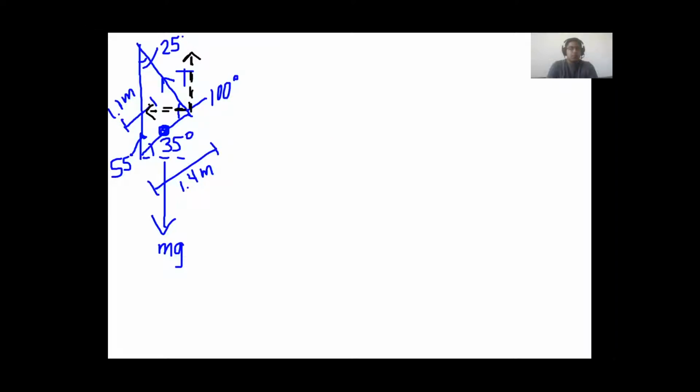Okay. All right. So before we go on to solving for the vertical and horizontal components of our tension, the first thing we need to notice is that this 25 degrees is the same 25 degrees that we see right next to our little tension, according to the parallel axis theorem. The angle between the tension and its vertical component would also be 25 degrees because of the parallel axis theorem. There we go. And now we can begin solving for our